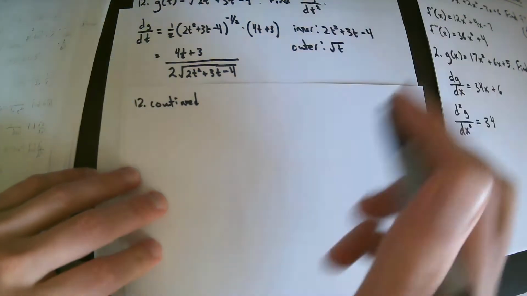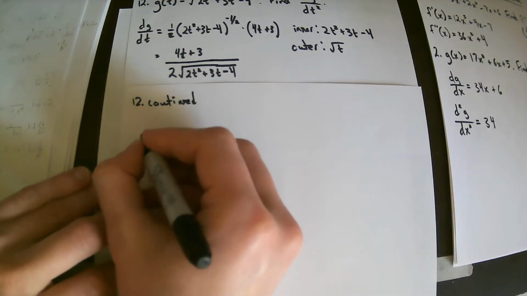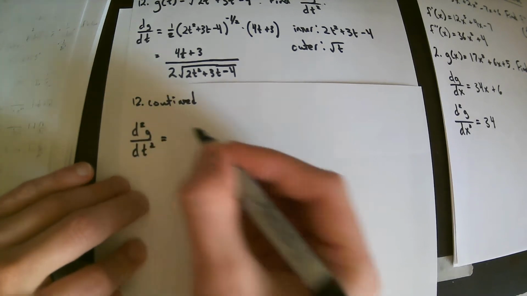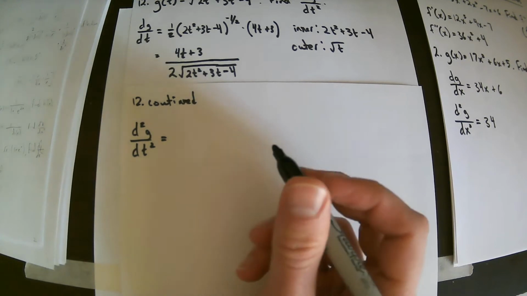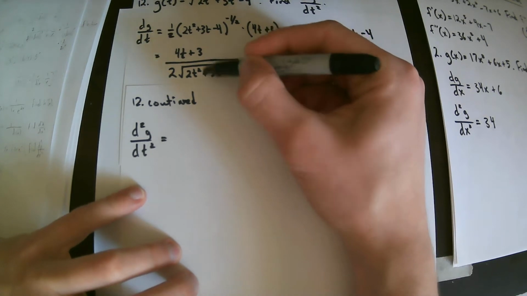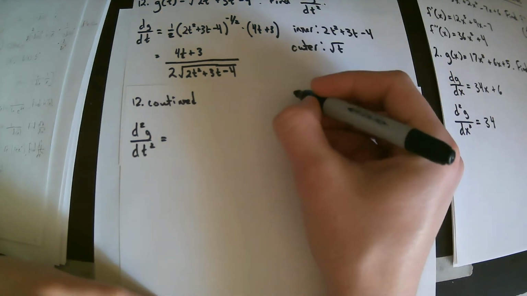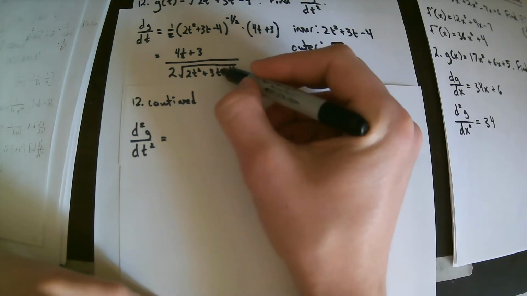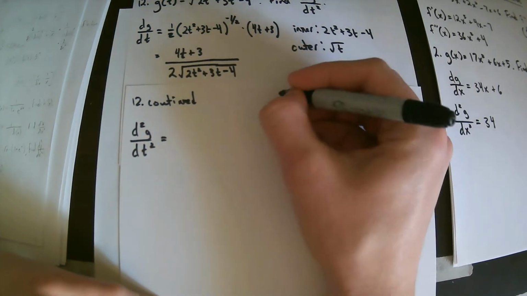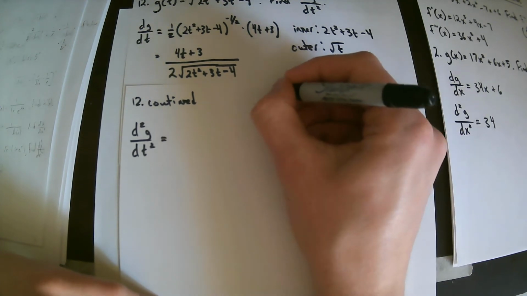Okay, we want to take the derivative of this function now, but it is a quotient now. So we need the quotient rule. The quotient rule says that if you've got a quotient of two functions of t or x or whatever you're dealing with, then the derivative will be the derivative of this times that minus that times the derivative of that all over the denominator squared. So let's see, if I wrote it as just two arbitrary functions, f over g